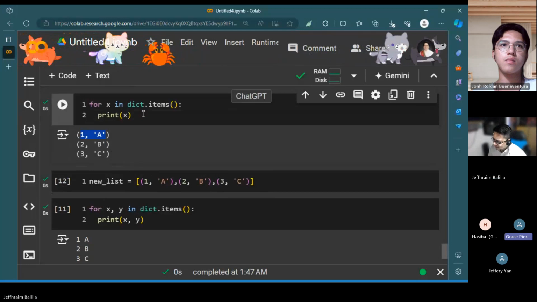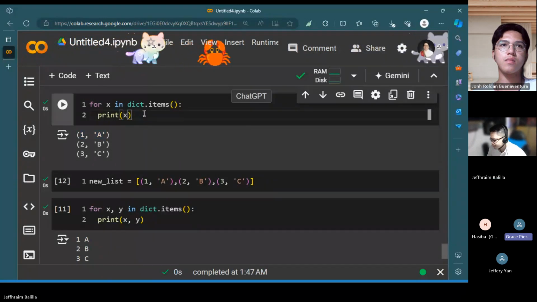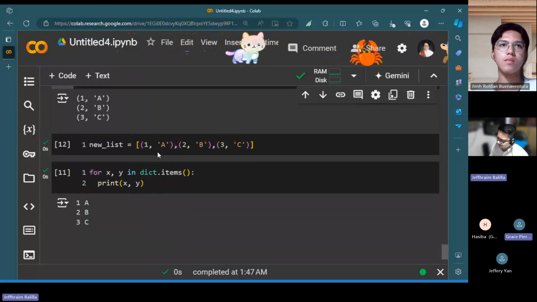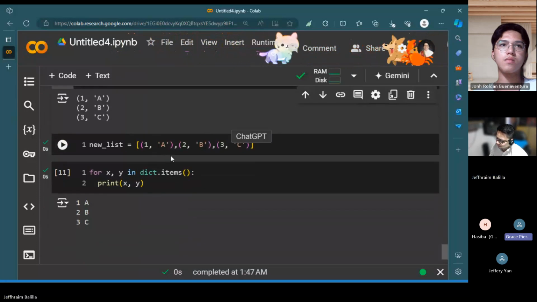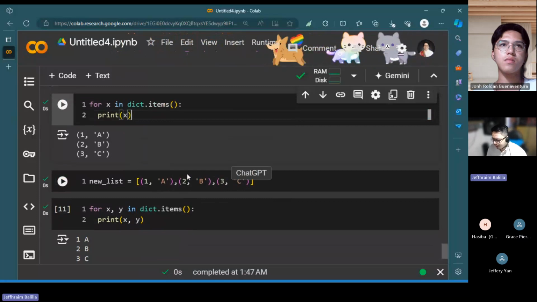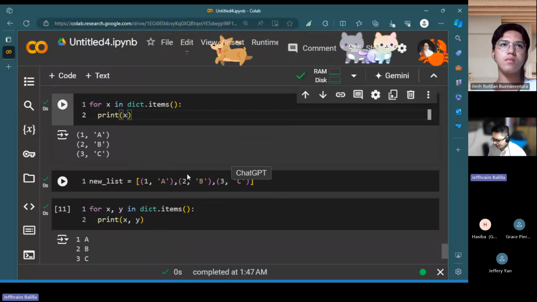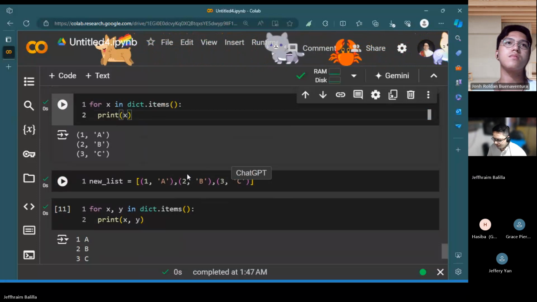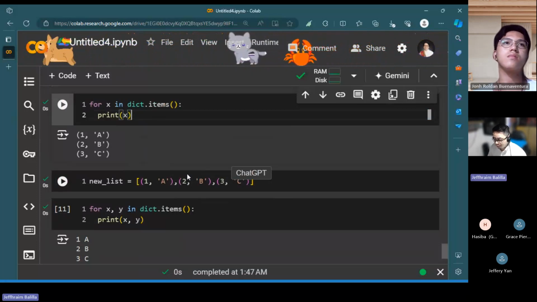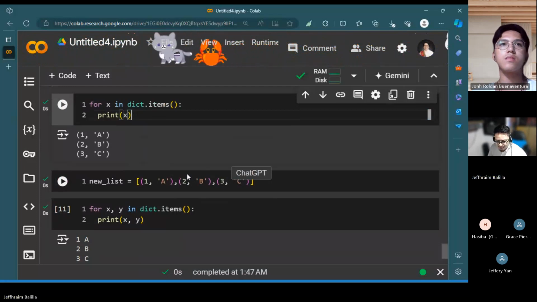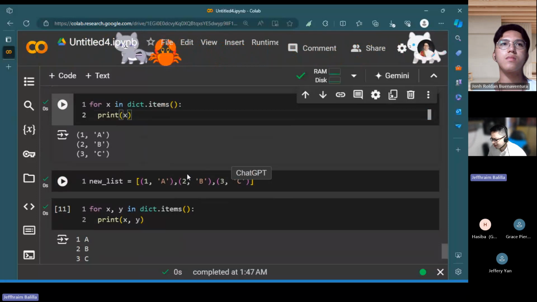What about the x, y? Why does using x, y make sense to present it as a string, and then just x if you want it as a tuple? If you want to separate, for some reason, the part for the keys and the part for the values, there might be a special case you may want to do that, but in most cases you don't want to separate them.